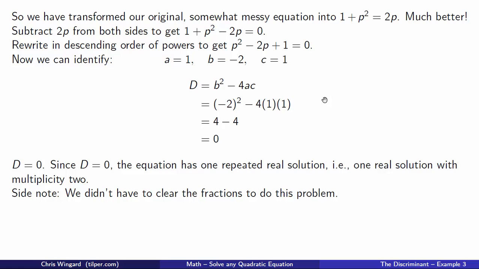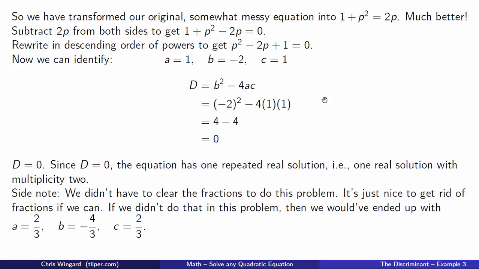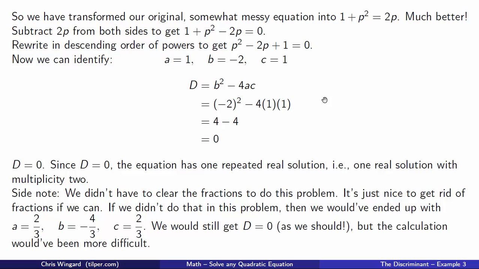So here's a little side note. We didn't have to clear the fractions to do this problem. It's just nice to get rid of them if we can, because it really will simplify the calculations a lot. If we didn't do that in this problem, then we could still put the equation into standard form, and we would have ended up with a is 2/3, b is negative 4/3, c is 2/3,